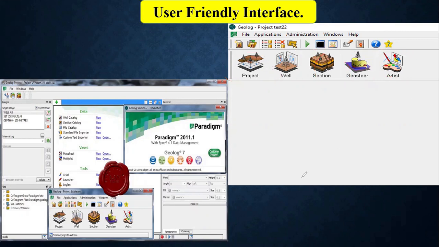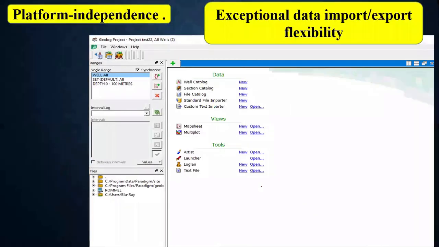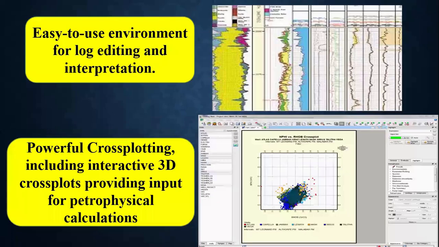These are the basic applications in the Geolog user interface. Another feature is platform independence and flexibility in dealing with data import and export. Another feature is its easy to use environment for log processing, editing, and interpretation, and having powerful